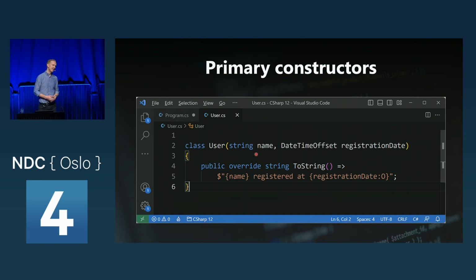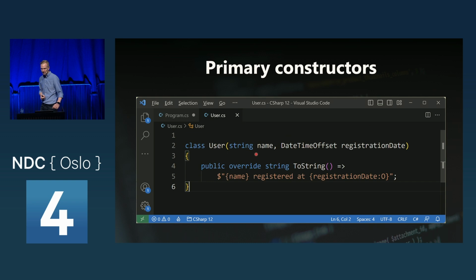Notice how I have a lowercase name here. That is to indicate that this is in fact not a public property. Now, it doesn't matter whether I have lowercase or not. It's just a field in my class. It's not going to create a property behind the scenes when this is compiled. And that's where it's different from records. With records, the primary constructor introduces a public property, but this does not.